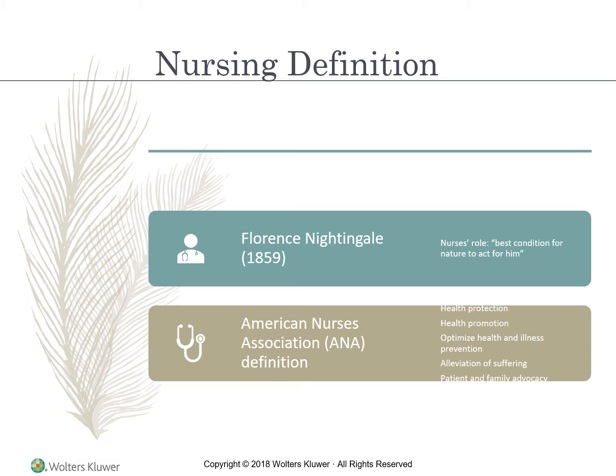In 1976, Sister Callista Roy said that nursing encourages clients to reach their highest level of functioning through adaptation. So in her eyes, the theoretical link was adaptation. In 1988, Jean Watson described it a little differently, and she said that nursing is the science of human caring to help patients reach their greatest potential.